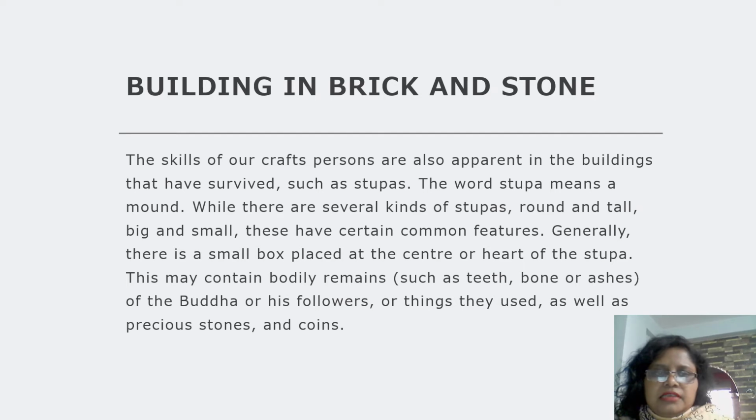Building in brick and stone. The skill of our craftspersons is also apparent in the buildings that have survived, such as the stupas. The word stupa means a mound. While there are several kinds of stupas, round, tall, big and small, these had certain common features. Generally, there is a small box placed in the center,